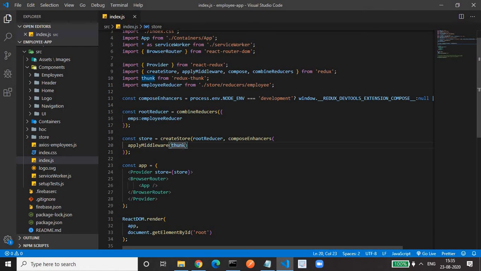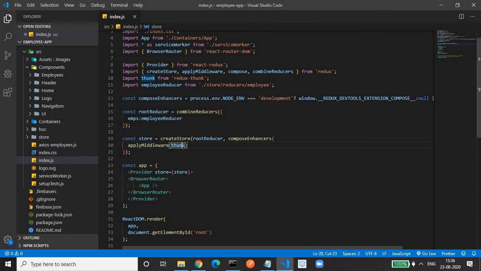So thunk is a middleware. It means thunk is needed for AJAX calls. In thunk, we will make the HTTP call to our database. We will get the data. What actually happens is, our component triggers the action. Then this component triggers the thunk action, the AJAX call action, and this thunk will do all the AJAX calls.